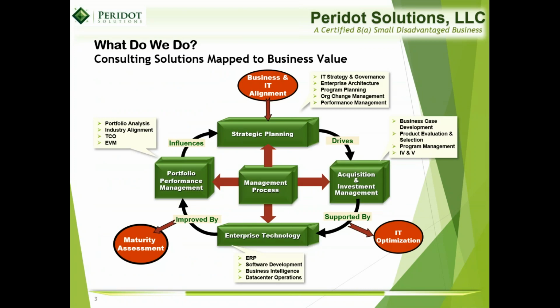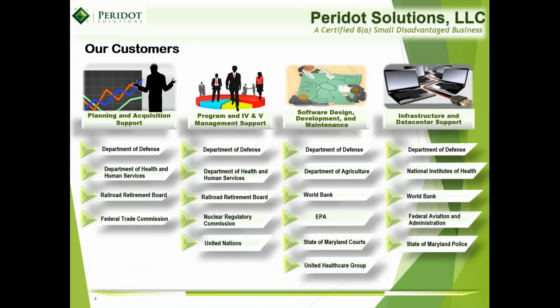As a team, we have expertise in strategy, architecture, technology implementations, portfolio analysis, and performance management. In all these areas, at Peridot Solutions, we have prime contracts with various customers. This is a short list of our customers currently. When we say we are a mature business, we are 11 years old. We are about 200 people right now, and we expect to grow to 300 people and beyond.